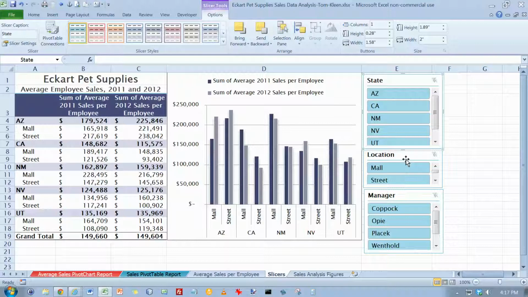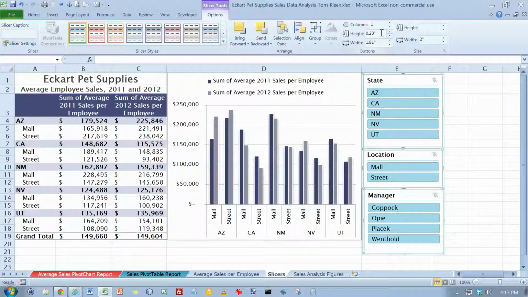Click the first one, hold Control down, and click the second one, hold Control down, and click the third one, so all three of them are selected. And click the height text box. And what we want is 0.23, okay, and click the width, and we want the width to be 0.98,